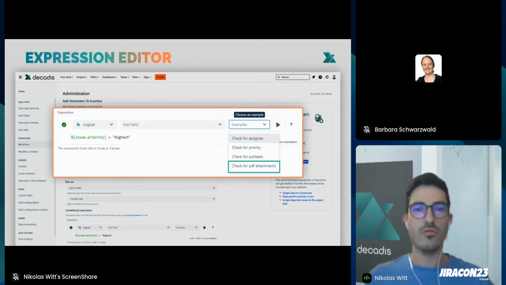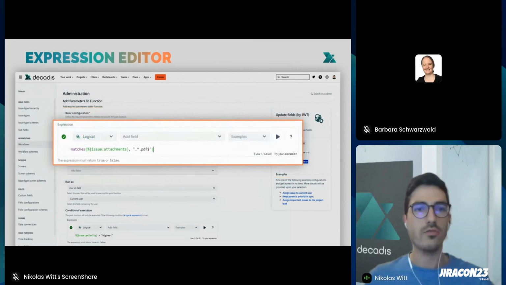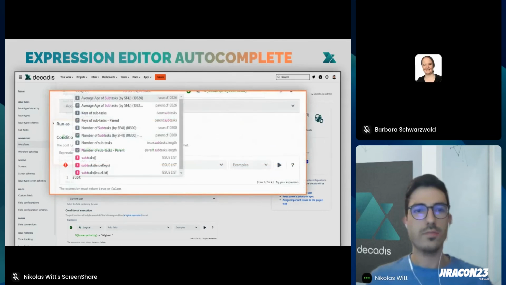And here we can go for check for PDF attachments, click it, and then you get the expression right into the expression parser and can try it. Additionally to that, we have an autocomplete mode to simply press Control and space, and then, as you know it from development IDEs, you can simply code whatever you want. This is also a quick feature